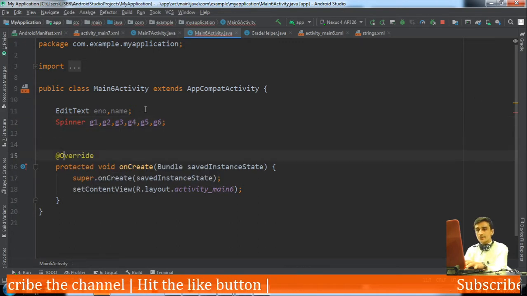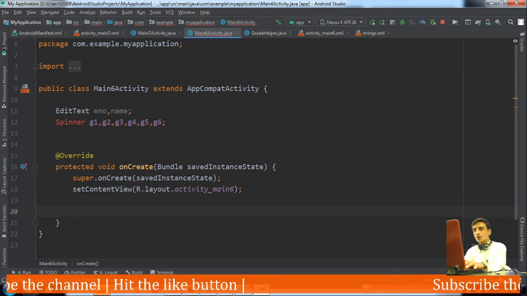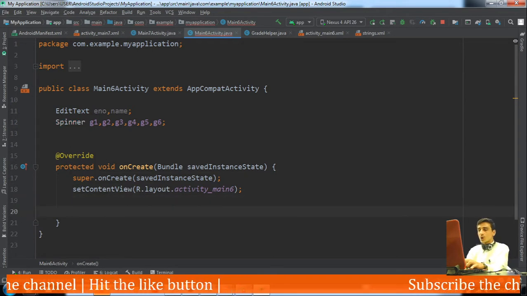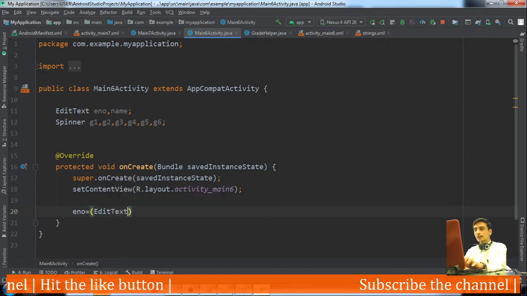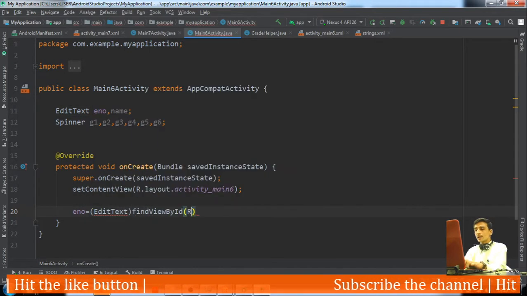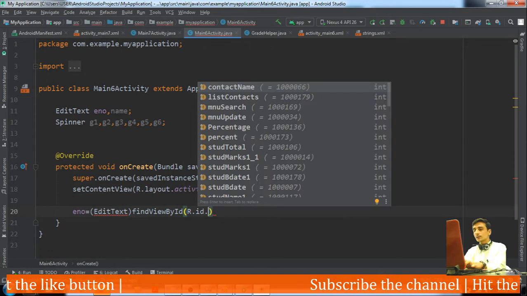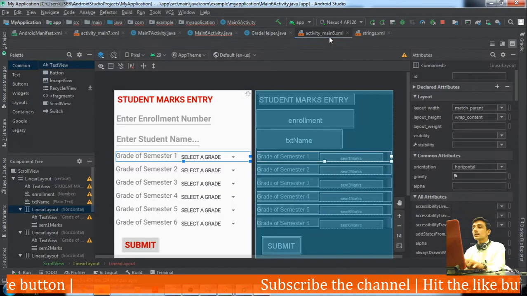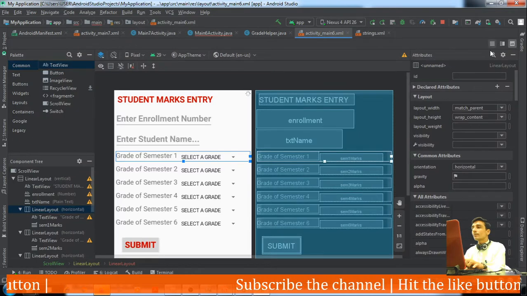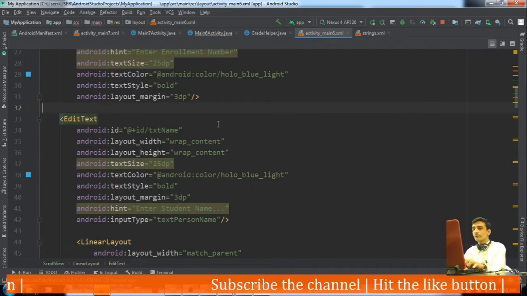Okay, dear friends, then in our onCreate method we would retrieve all these views. Edit text, findViewById, R.id.txt, sorry, it is txt enrollment number. What id have I given, let me check.